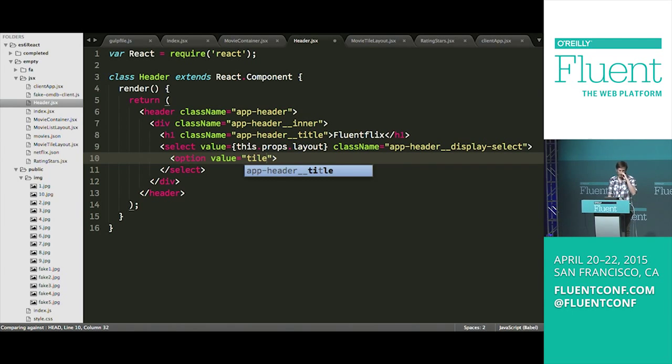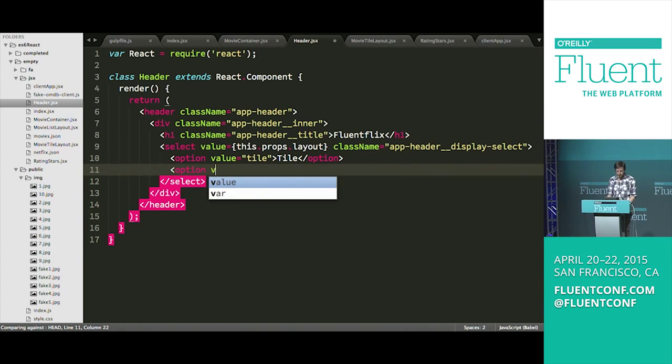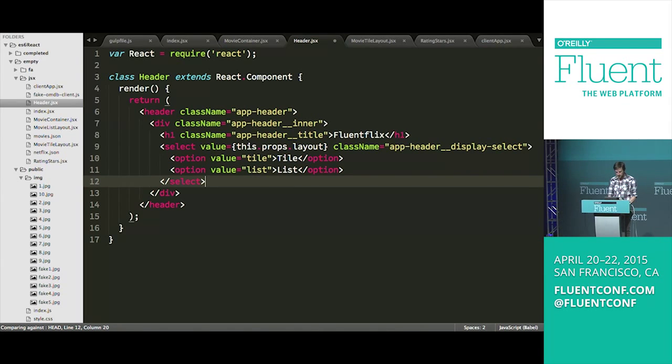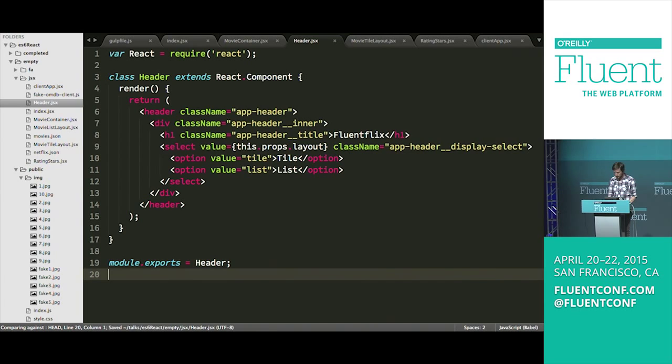So the one thing you might be wondering is that typically selects don't actually have value on them, unless you're coding in React, then they do have values. That'll make sense in just a second. Okay. Make sure you export that bad boy. Okay. So,